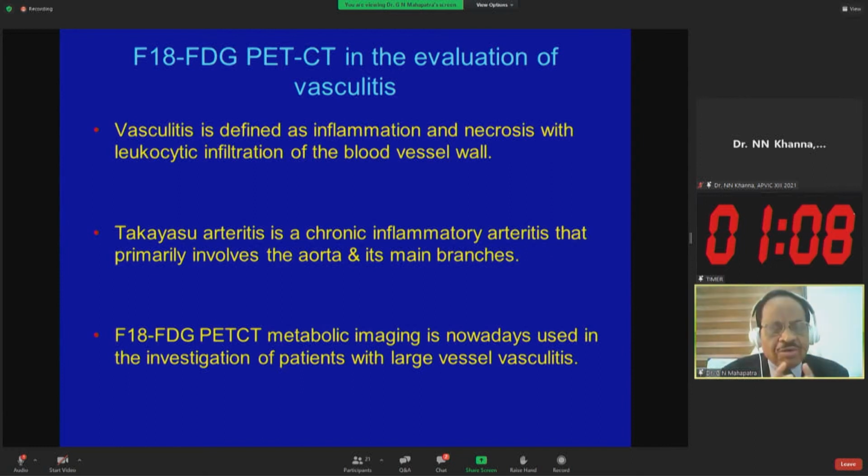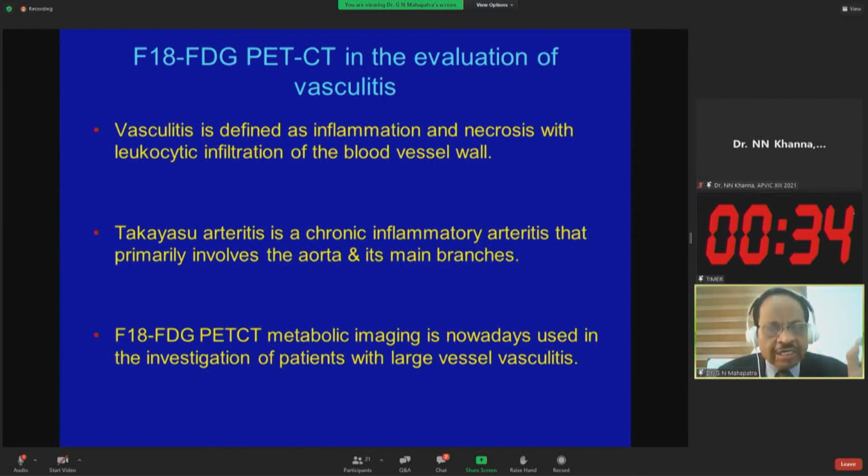I will show you a very good case of Takayasu arteritis at the stage of vasculitis, not at the level of stenosis. It may be Takayasu or it may be giant cell arteritis, but I'll show you a very beautiful case. Vasculitis is defined as an inflammation and necrosis with leukocytic infiltration of the blood vessel. Takayasu arteritis is a chronic inflammatory arteritis that primarily involves the aorta and its main branches, which